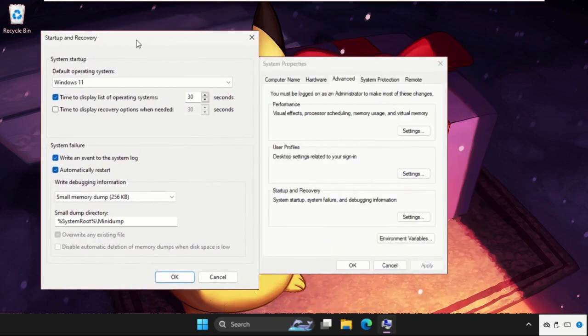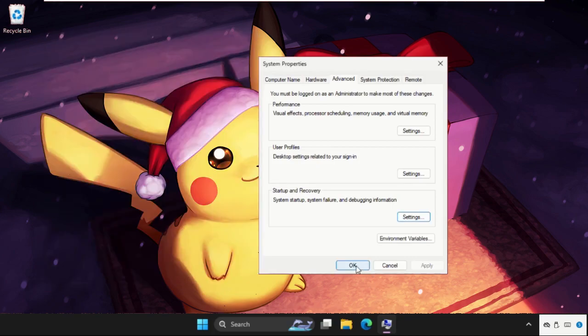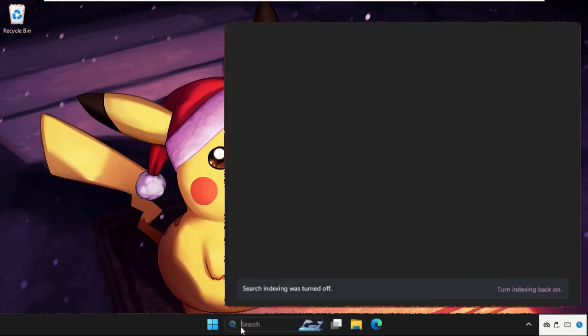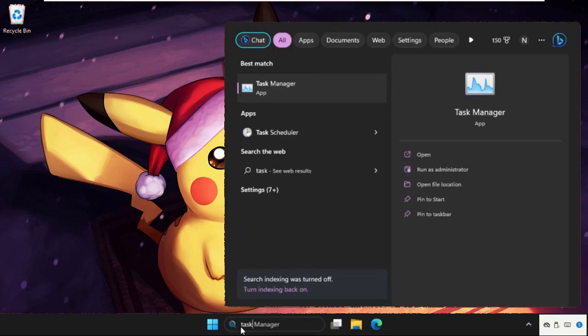Once we are here, we need to uncheck this option, that is automatically restart, and once done click on OK and close this window. Again go to search bar and then type here task manager